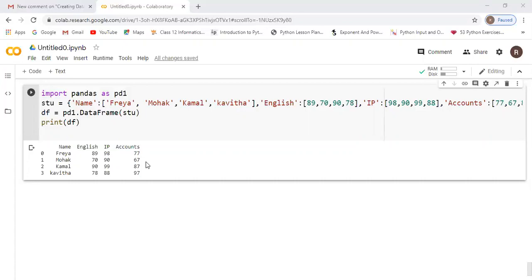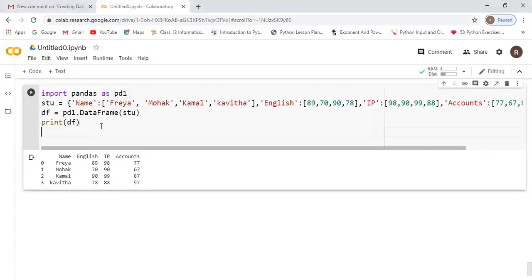The first one is using the del keyword. How to delete a column using the del keyword? This will simply delete the series, that is the entire column and its contents, from the data frame. With the help of the del keyword, how we are going to use it, we will see now.